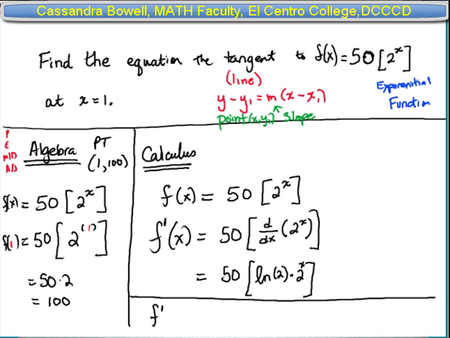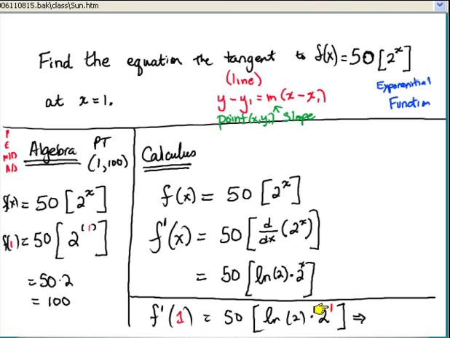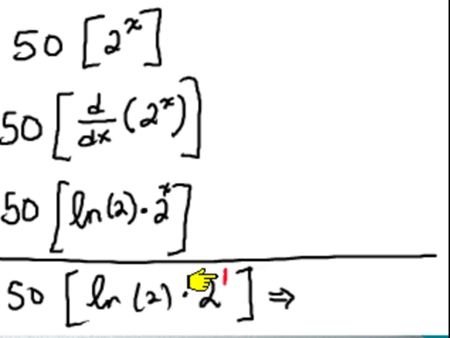Now, to find the slope, we're going to have to evaluate this derivative at a value x equals 1. And that's where we'll end up with 2 to the first here. We'll probably either leave it as much as we can or get a decimal approximation. Okay, now when we look at this as order of operations, it's 50 times the natural log of 2 times 2 to the first power. 2 to the first, we've got to do exponentiation before we do any multiplication. Well, 2 to the first is going to be 2. And then 2 times 50 is going to be